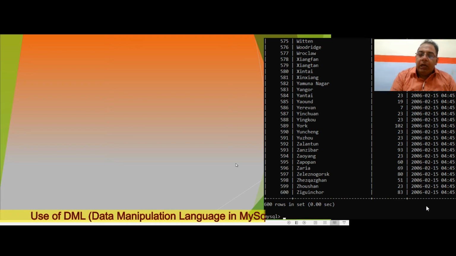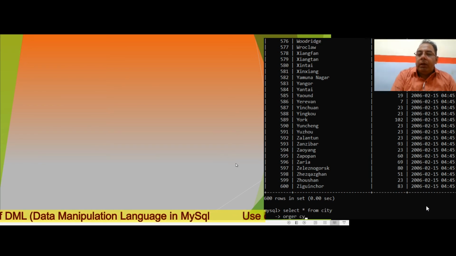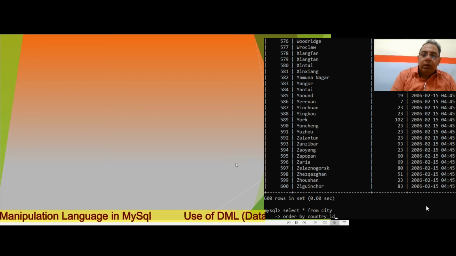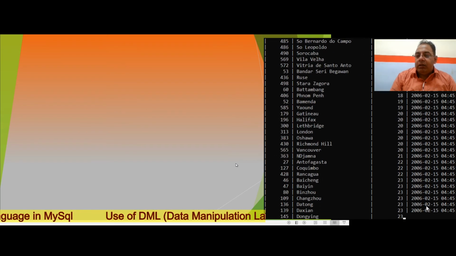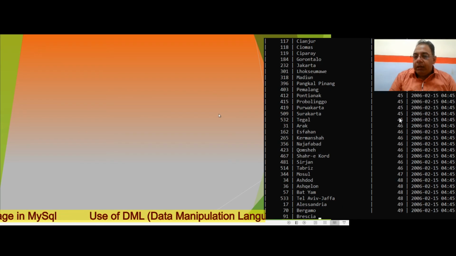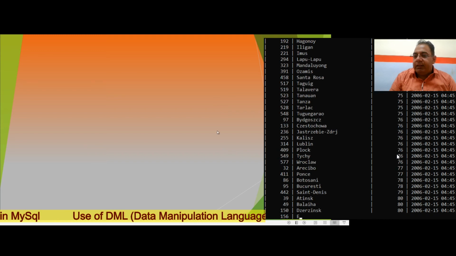For the same, I will write select star from city order by country underscore ID. If we don't write the order of the sequence, then by default it will display the records in ascending order. Now the country ID is in ascending order.